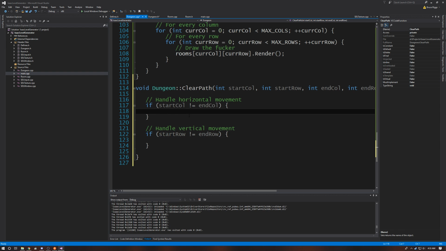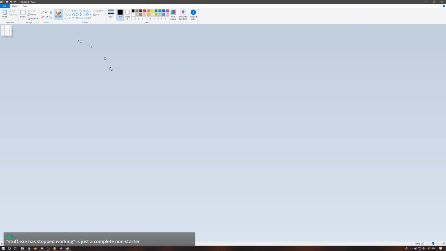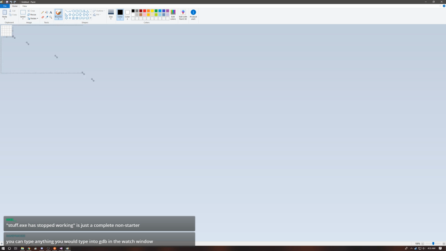Alright, so if we're on different rows, now I have to figure out which way. Which way am I moving? Left or right? So the downside of what I'm doing is I'm building a... Oh my god, I'm afraid to describe this because I might accidentally draw a swastika. But I'm basically...